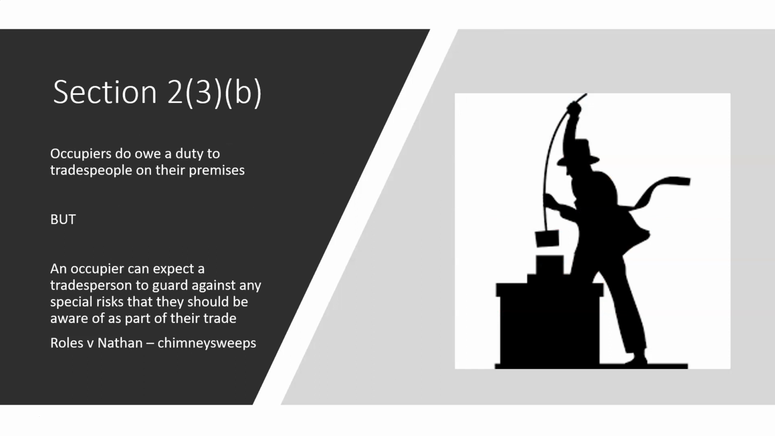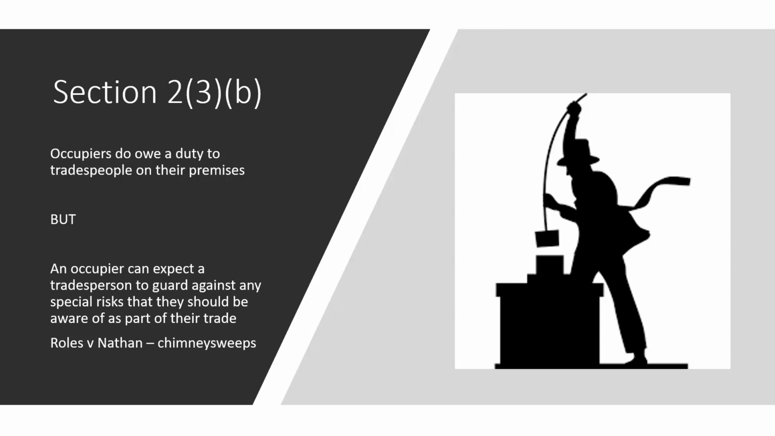2.3b covers tradespeople, and occupiers owe a common duty to tradespeople on their premises, so they're expected to keep tradespeople just as safe as a normal visitor. However, an occupier can expect a tradesperson to guard against any special risk associated with their trade. So if they're injured by something clearly associated with their trade that they didn't take precautions against, that's not your fault. A typical example, just as a made-up example: